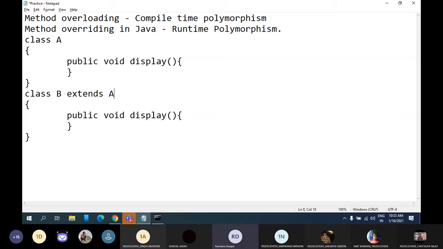Yes, correct. So now in this case, if I create an object of class B, then using that object, which display method is going to be invoked? Display method of class B or display method of class A?